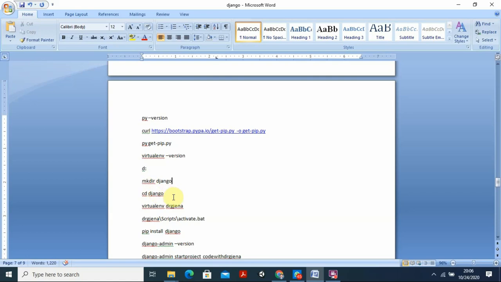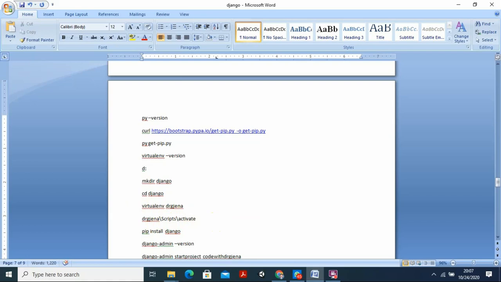You enter there. Now you have to create a virtual environment. The virtual environment package was installed, but you have to create a virtual environment for your project. If you are in Windows, you give this command: virtualenv space, and suppose I want to name my virtual environment Dr. Jijana, so I put virtualenv space Dr. Jijana. Then we need to activate that one. For that, you go for Dr. Jijana/Scripts, with capital S, /activate.bat. But if you only go for activate also, it will take.